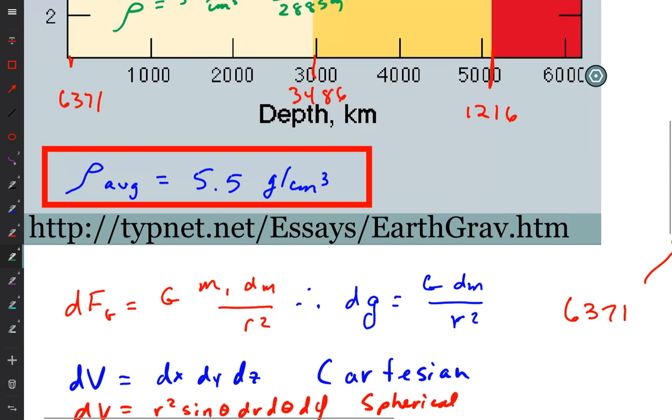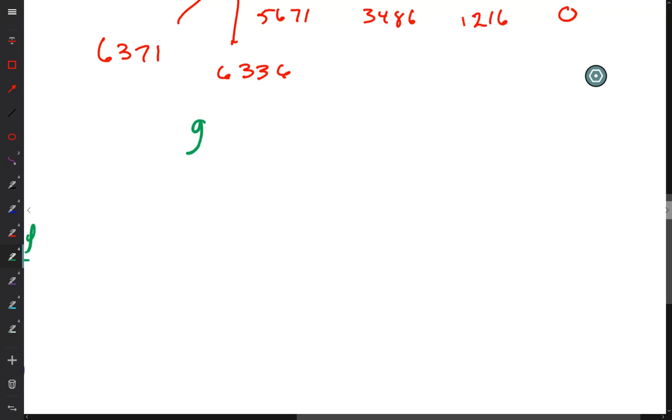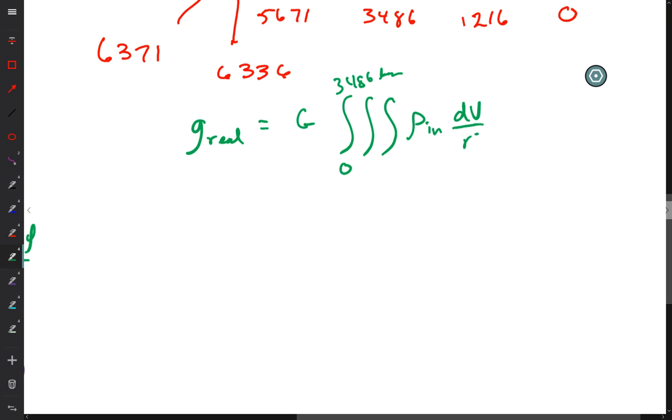But I would have two different regions, so now I would have to do g real is equal to capital G times the triple integral. The first one goes from 0 to 3,486 kilometers of density inner, and I'm just putting density inner dV over R squared just so I can save myself writing,